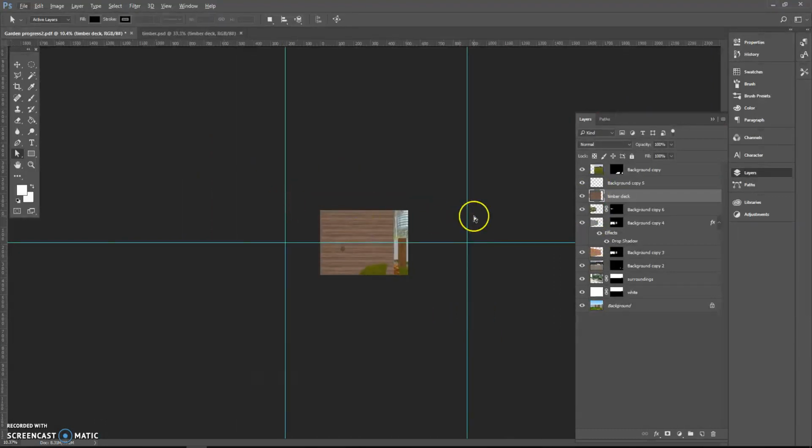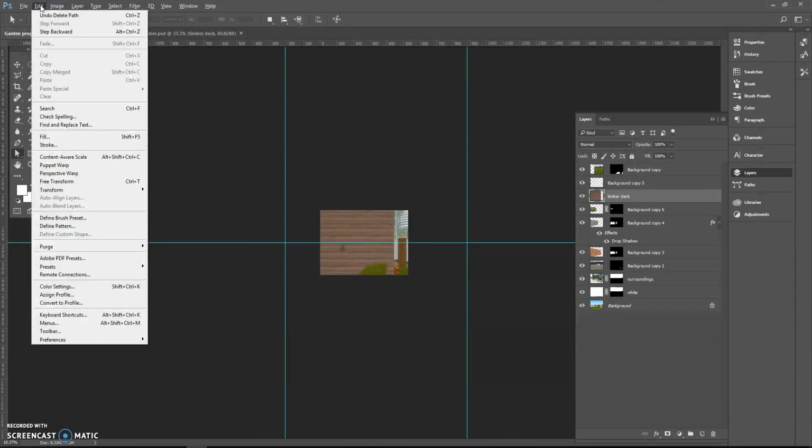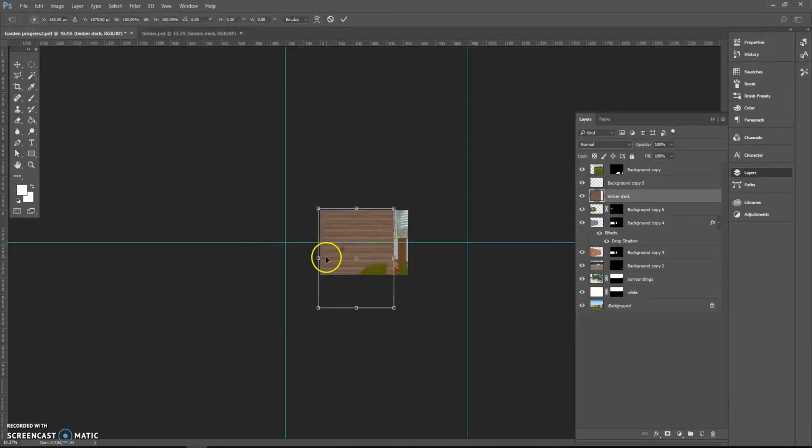So once I have imported these timber materials, I have to pull them into perspective, and to do so I edit it, transform and distort, very similar to what we've done to the walls. But this time around it's going to be a bit more complex. Namely, the horizontal lines in this case, I can align them towards my right vanishing point, and the vertical walls, I will align them towards my left vanishing points. That is going to be a little bit more tricky, but basically it's something like this, and then